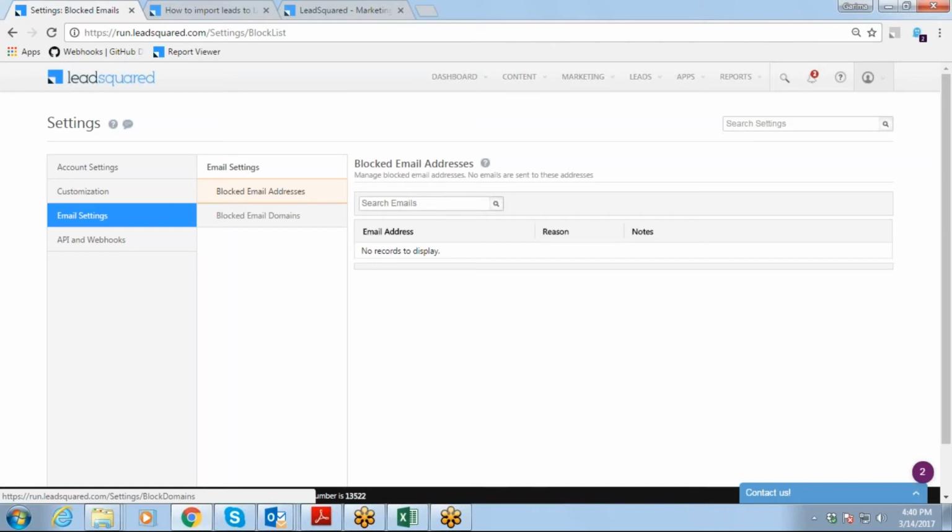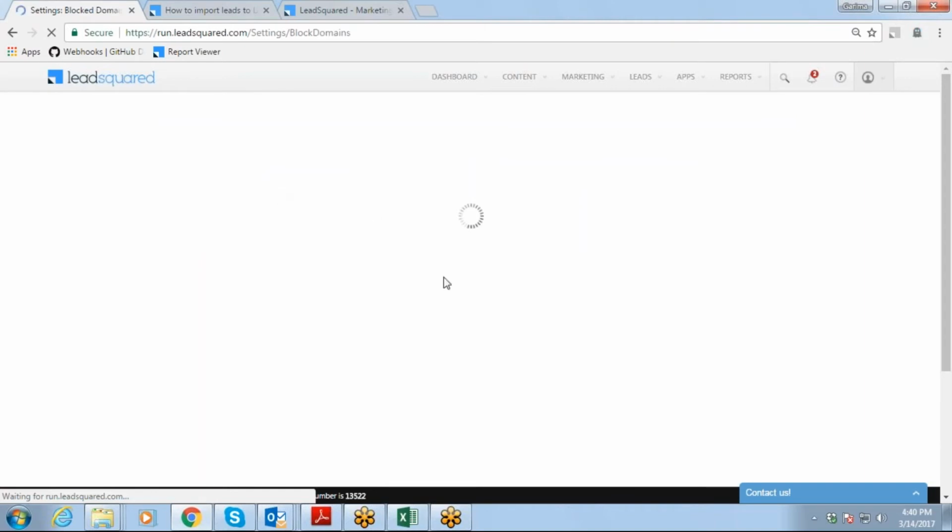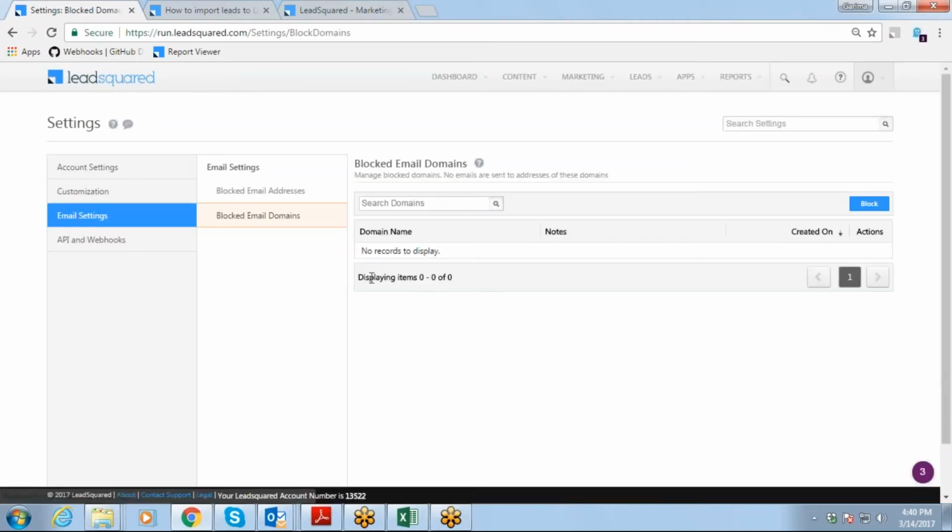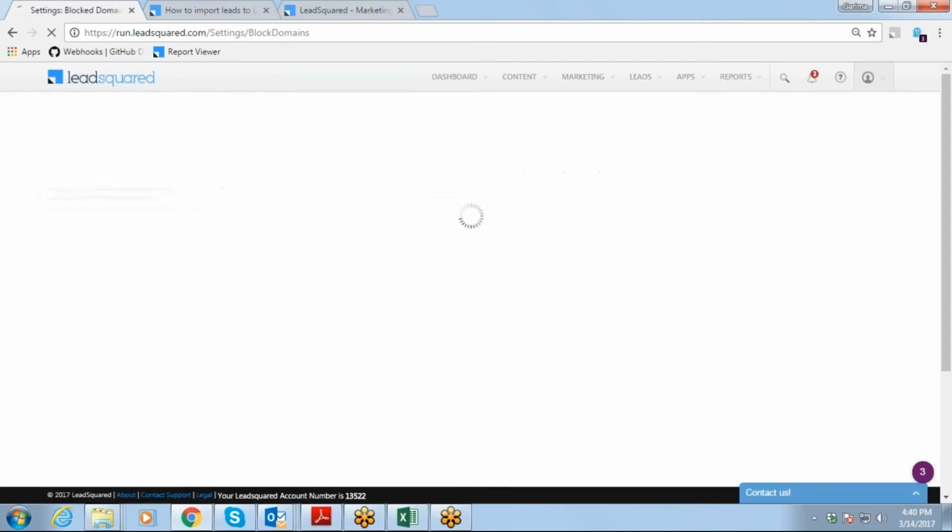Whenever an email is sent within an internal organization, they will be added as leads automatically in your system, right? You don't want to waste time on these things. So you can just block those domains and email addresses which pertain to your own organization, so that they don't disturb you in your work. This is the main use of that.